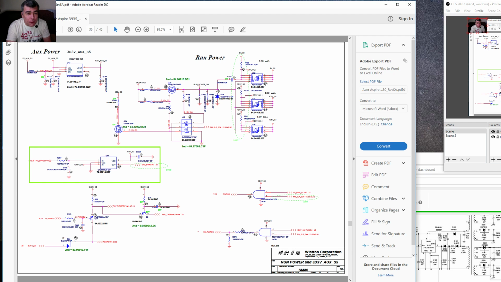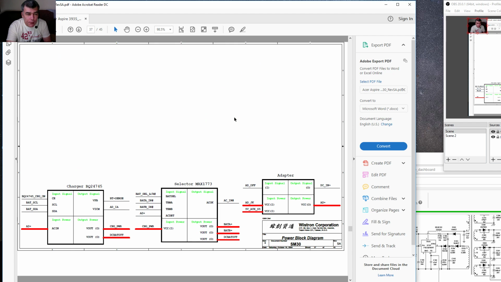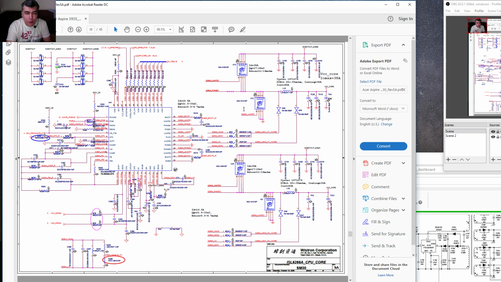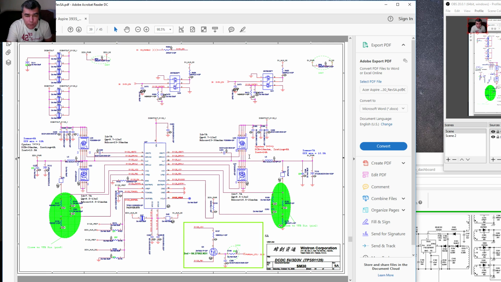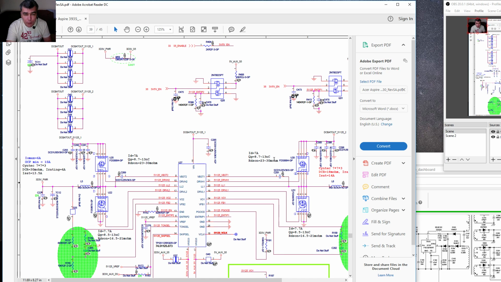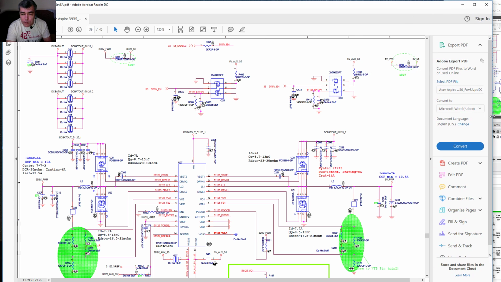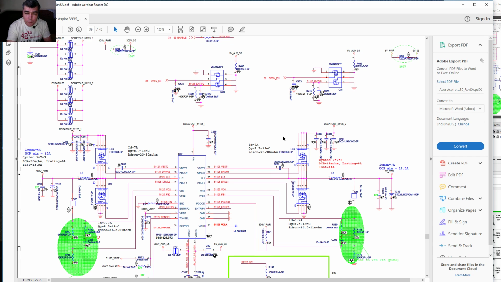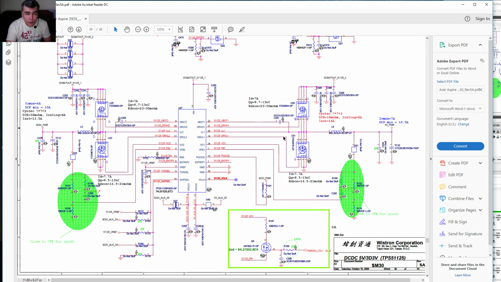Okay, let's go on the power supplies. Because most of the problems come from the power supplies. Those are the Mosfets. Okay, that's a power supply, yeah. Let me make this bigger. Okay. So what do we have here? We have the Mosfets, yeah? And if you check the Mosfets,